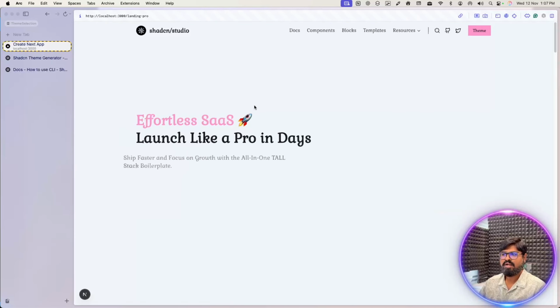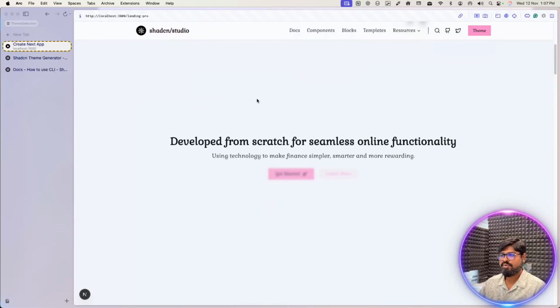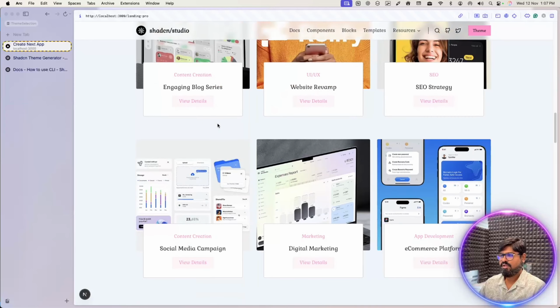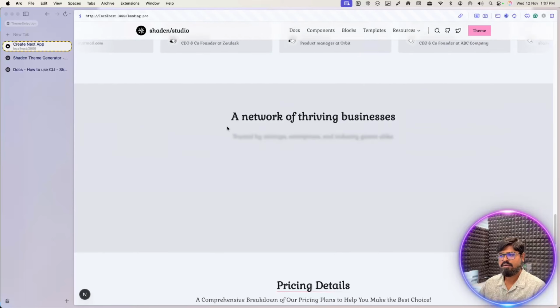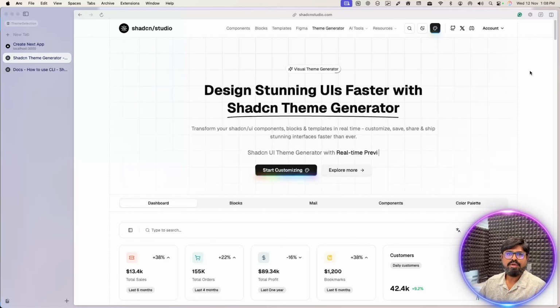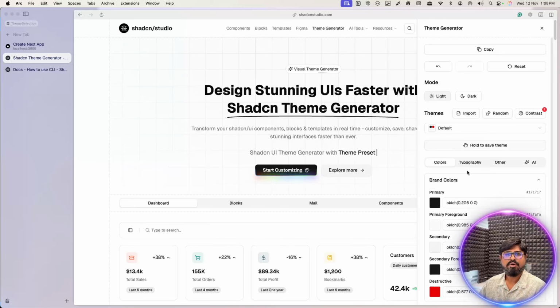So here is our landing page, which looks not just like Shadcn UI default theme, and it looks really unique. So you can see the whole landing page over here. Okay. So Shadcn Studio themes makes your landing page, blocks and components look unique very easily. Similarly, you can generate your own Shadcn UI theme using Shadcn Studio theme generator and use it in your project according